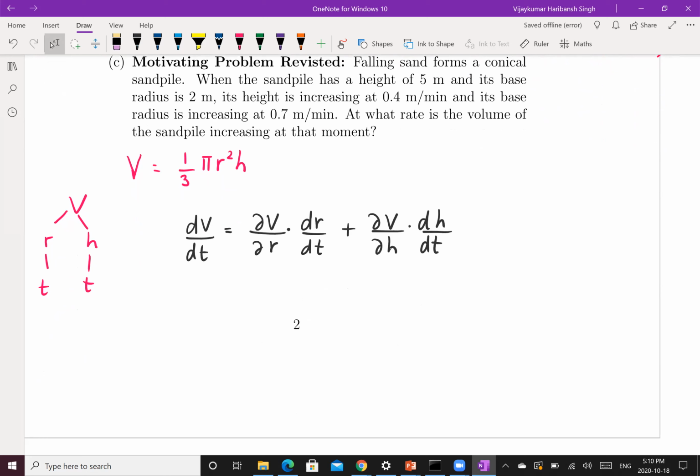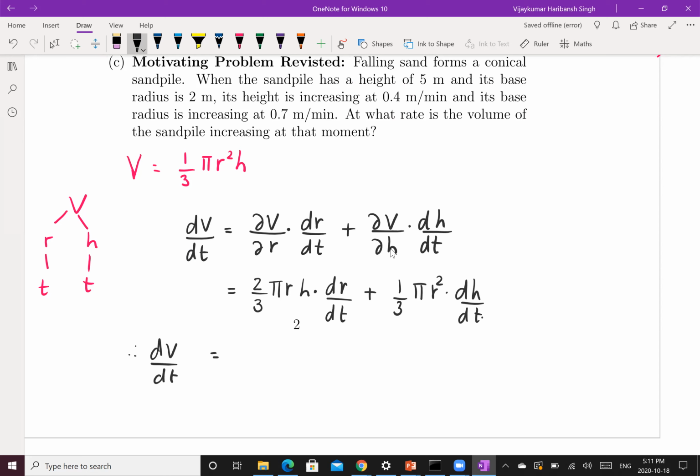Now, what is the partial derivative of V with respect to r? It is 2/3 pi r h times dr/dt. And here we'll get the partial derivative of V with respect to h, which is 1/3 pi r squared, times dh/dt. So therefore dV/dt is,